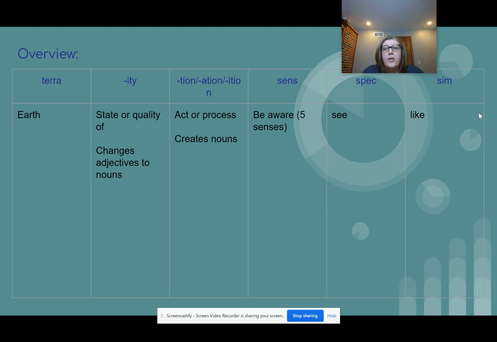But what I want you to do today is write a creative story. It can be whatever genre you want it to be, but I want you to use at least one word from every single root or suffix that we studied. So one of the target words from each one. So you'll have a total of 11 words. If you look in these boxes, that's what I'm talking about. So you need one word that uses terra, one word that uses